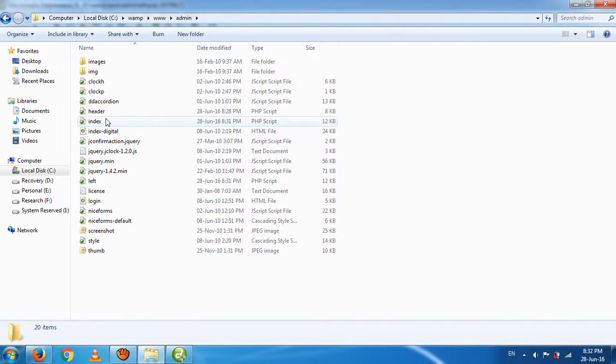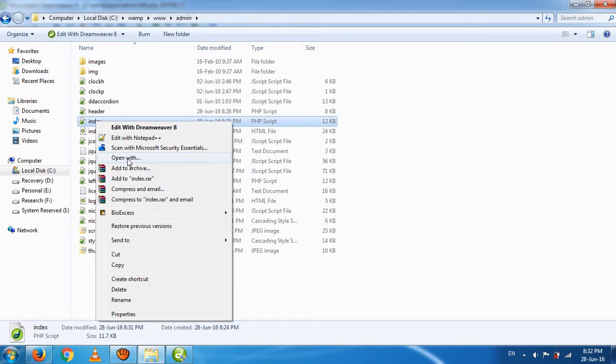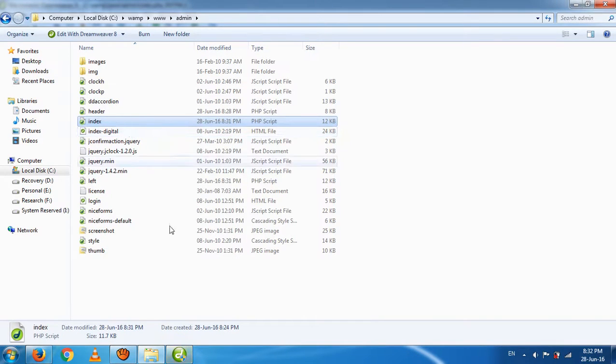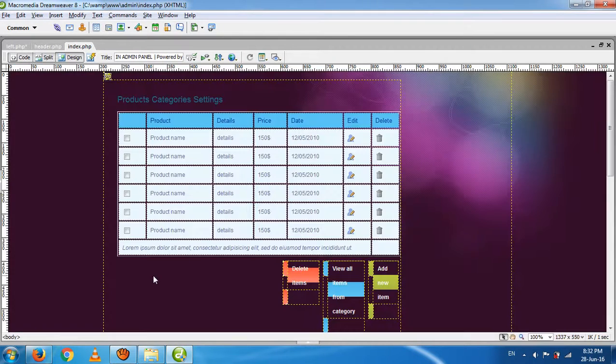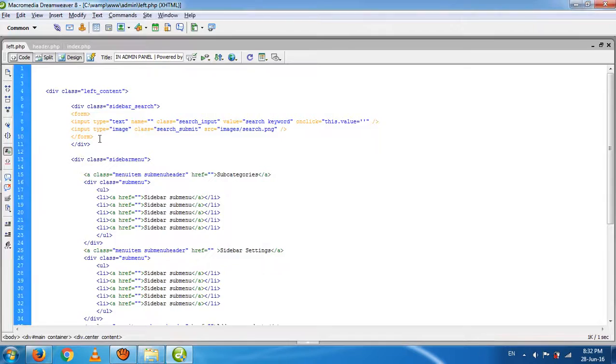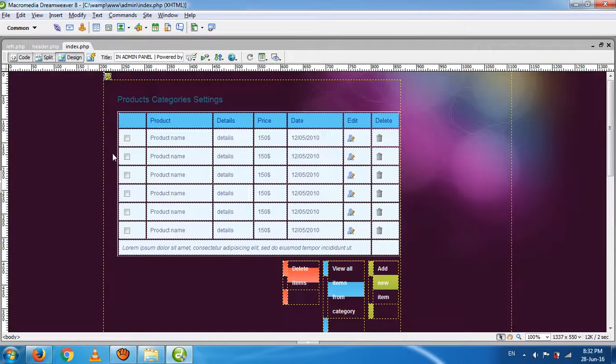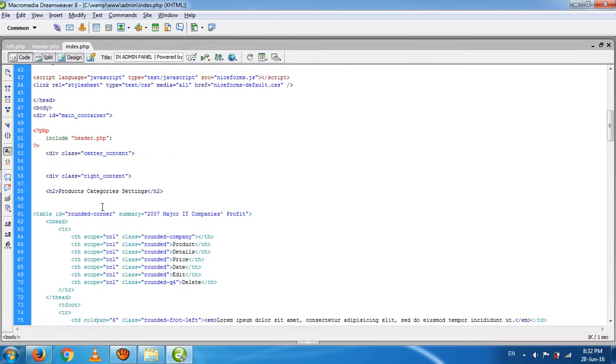Left.php, and this one is our index file, index.php. This is our left.php. From where we cut from here.